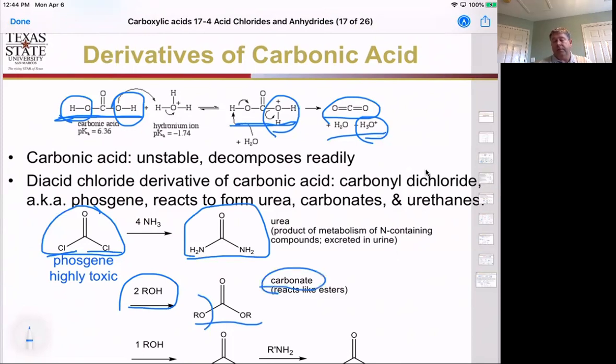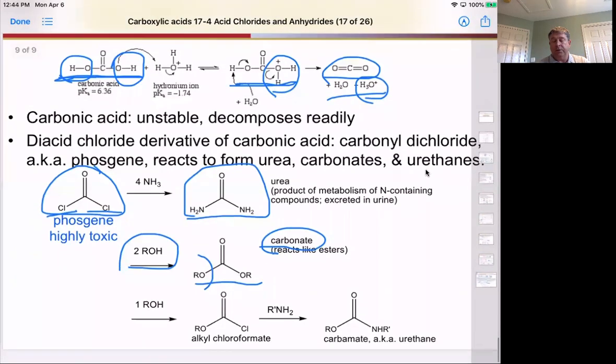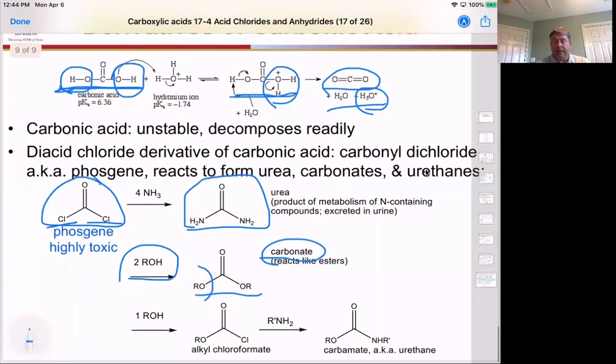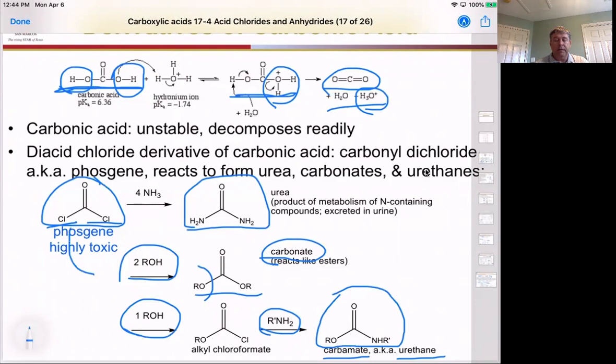These are used in polymer chemistry. So if you've ever heard of polycarbonate, it's made from that system. It used to be made with phosgene. In the last system we can take, if we react it with 1 equivalent of alcohol and then 1 equivalent of amine, we get what we call a carbamate, or the more common term is called urethane. So if you've ever heard of polyurethane foam, this is the structure,